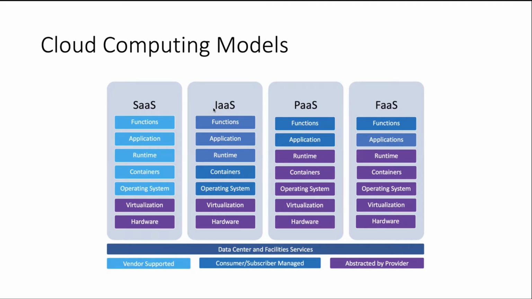Because containers have come to the rescue for shipping our applications wherever we want. So when I talk about infrastructure as a service, either I'll be asking for a virtualized component or I'll be asking for a containerized component. So both of them facilitate infrastructure to us. And infrastructure is what? It is CPU, it is RAM, it is network, it is storage.